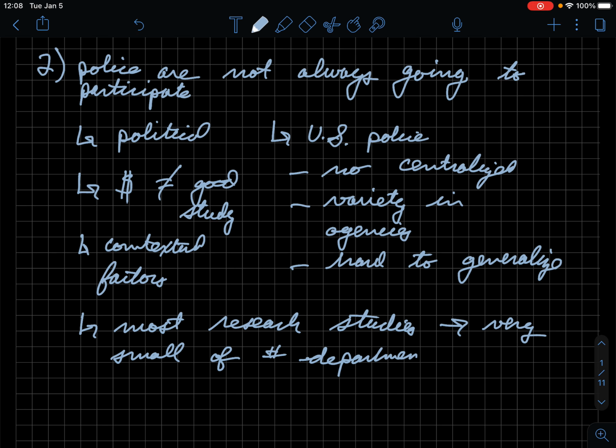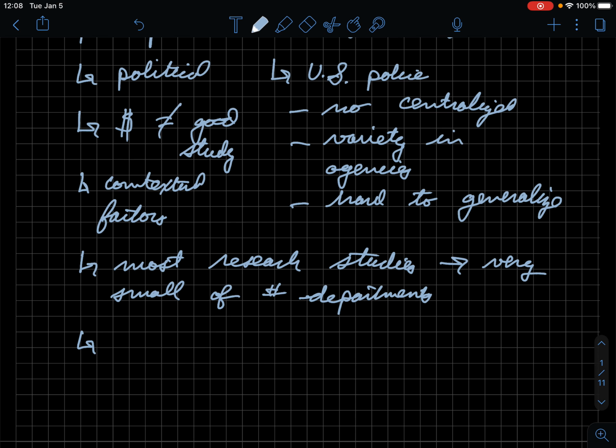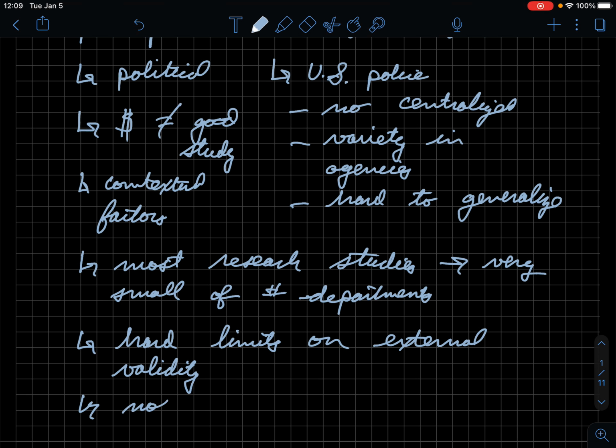Now, this doesn't mean that the research is inherently poor. Even though you may only study one agency, the study itself may be designed very well. It doesn't necessarily mean the research is bad, but it does mean there are hard limits on the external validity of any policing study. And it is not uncommon to only study one agency,